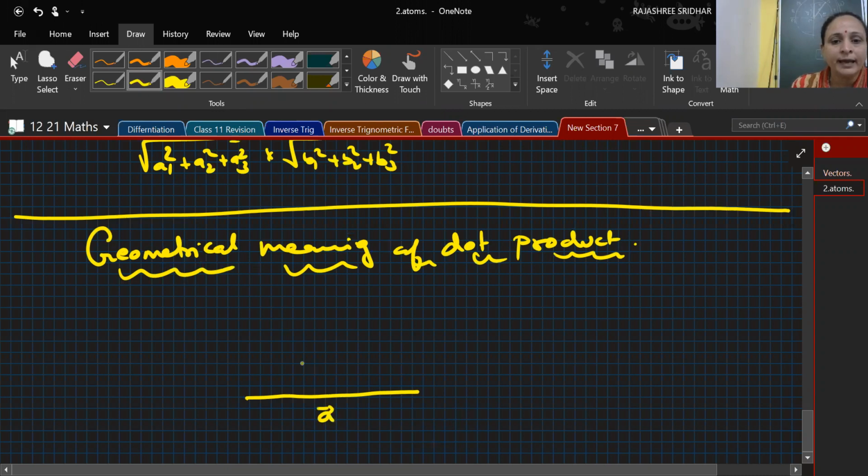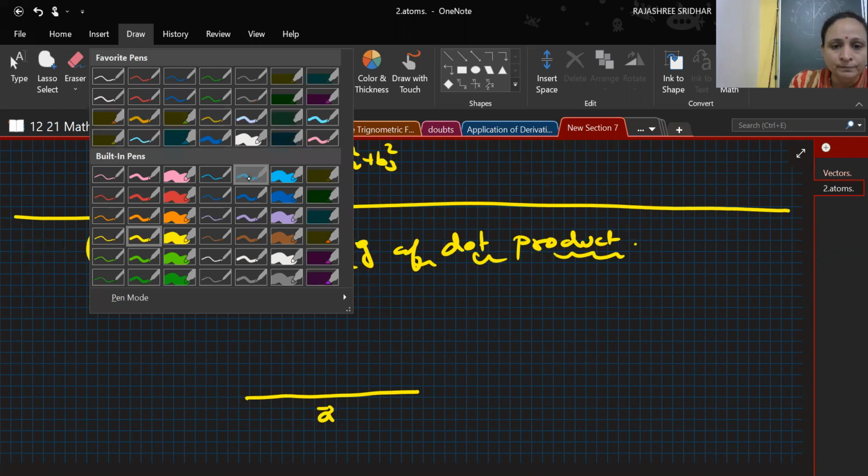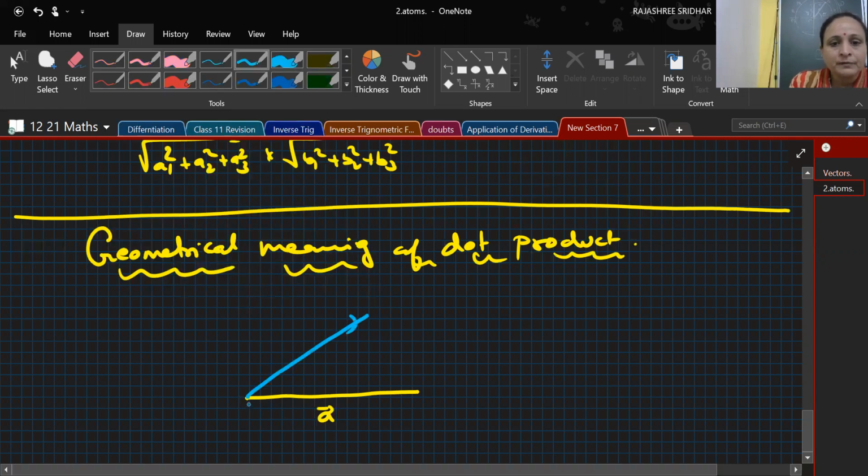and I have got another vector, say B, and they have got a common point O. If I want the projection of vector B on vector A,